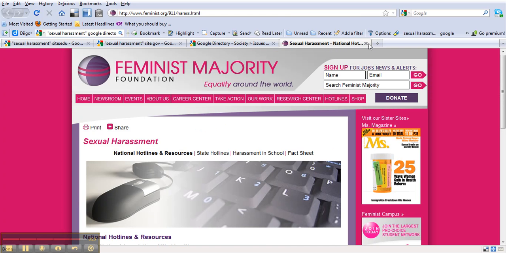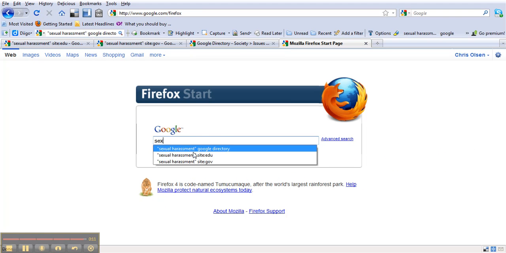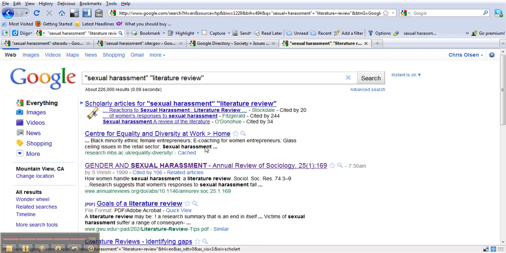Websites that are informative and look credible. That's also really good. Now, of course, the other thing we can do is some pretty typical Google searches, things we've already been doing. You might want to see if there's a literature review out there, and you can just type in literature review, in quotes, and